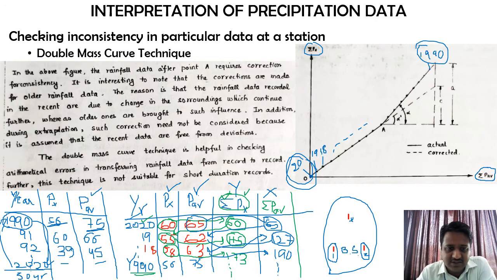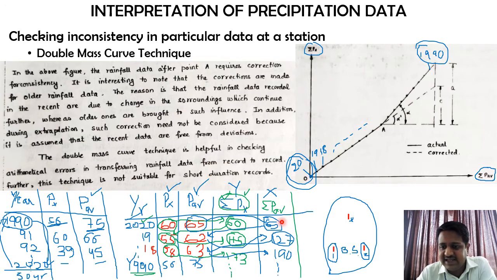The first job will be to reverse the chronological order, since the data is given from the past year till the present year. That you need to reverse, as we have done here. Now the second step is you need to calculate the values of px, sigma px and sigma p average. Whenever you do both things, you are going to get the ordinates for the x-axis as well as for the y-axis.